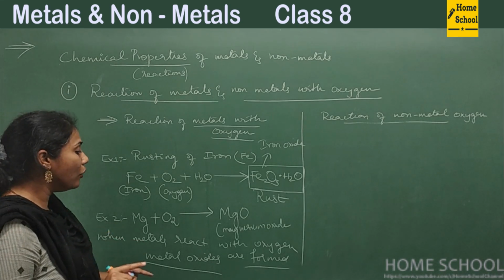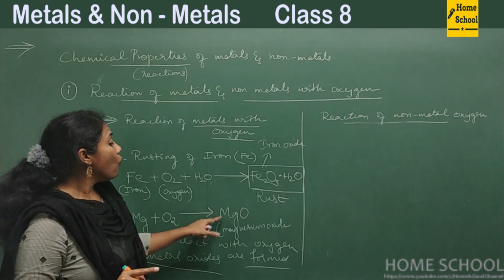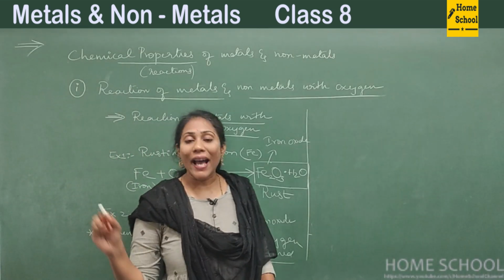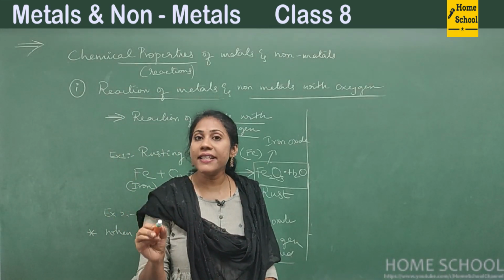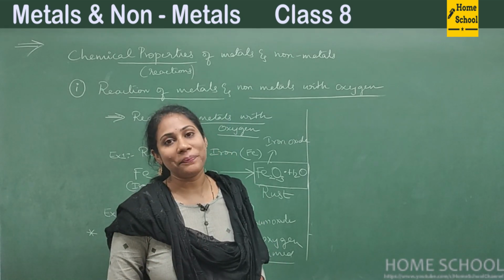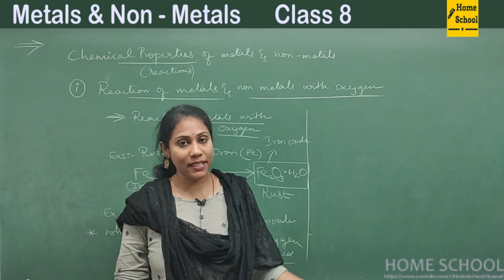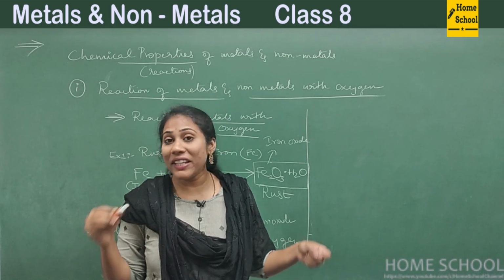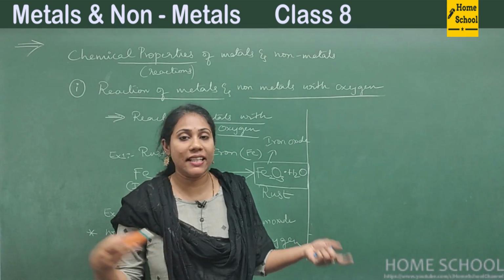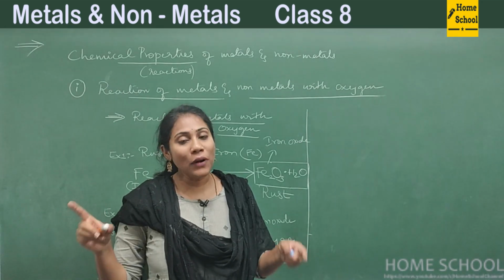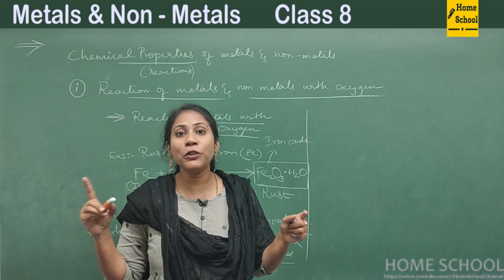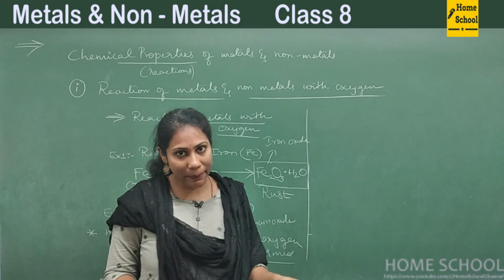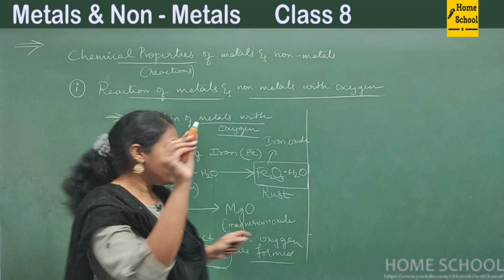Okay, and now let us discuss what is the nature of metal oxides. Actually, metal oxides have basic nature. They behave like bases. So about acids and bases, we had a little idea in our previous class, that is in class 7, right? So I think you all can understand what I mean by acid or base, right? So what am I telling you now?